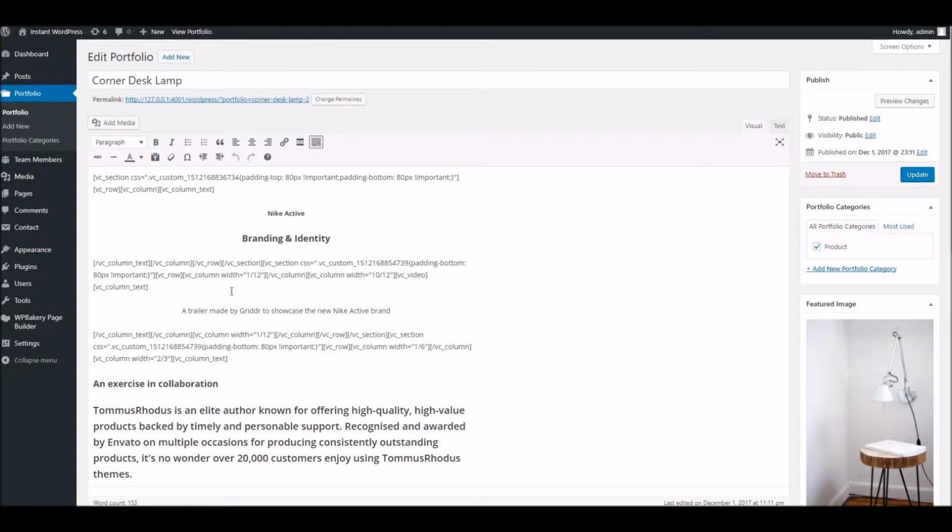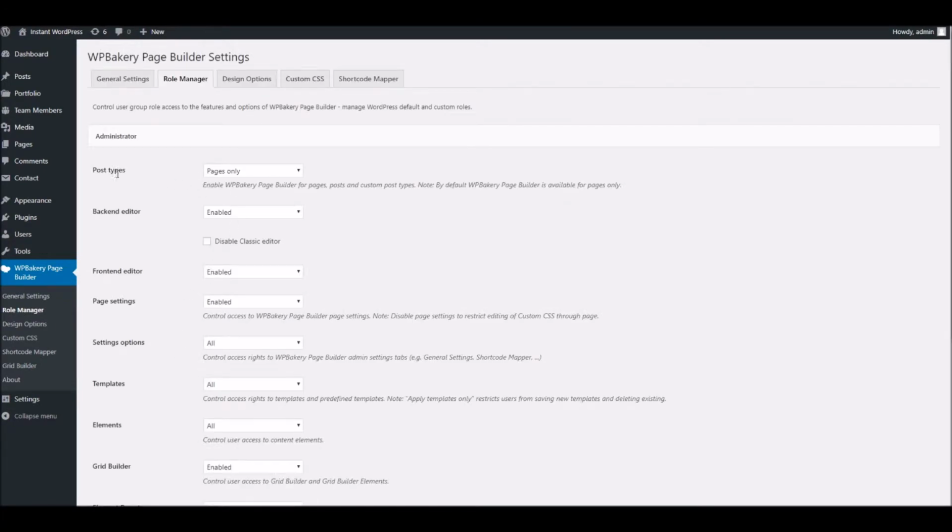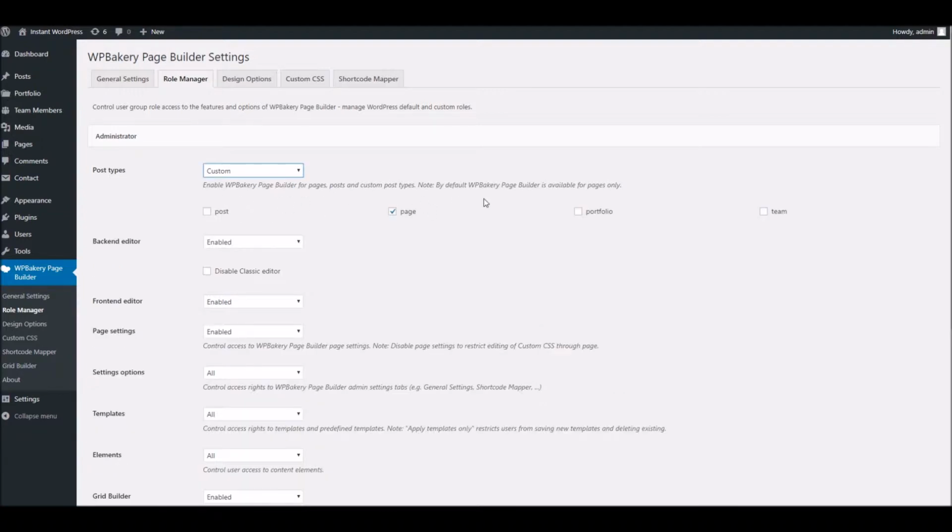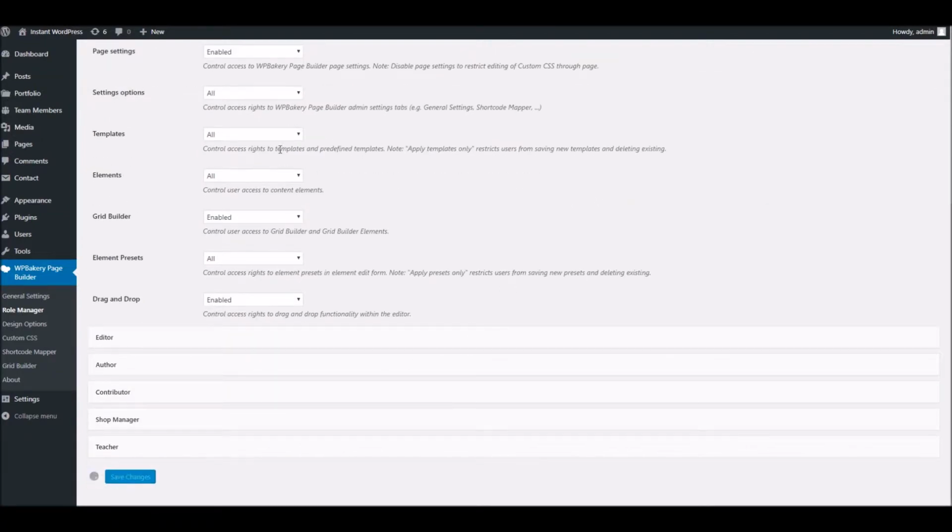So to change this, we're going to have to go to the plugin settings, and under role manager here you'll see it's currently set to pages only. That's just how it comes by default. We're going to change this up, so we're going to go to custom and we're going to allow it to be used on portfolio items as well. So once we've ticked that, we can hit save,